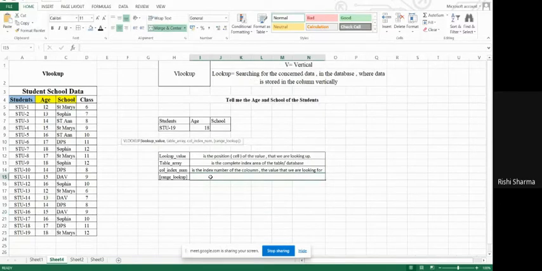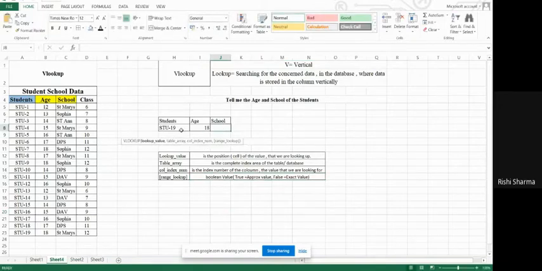And what is range lookup? It is a Boolean value. True means approximate value, and false means exact value.